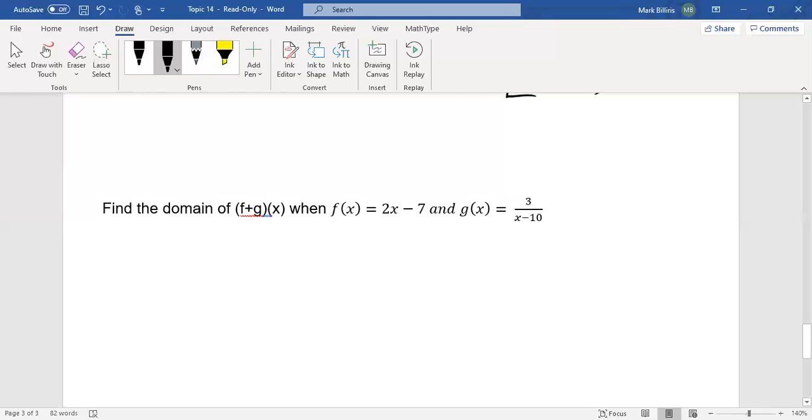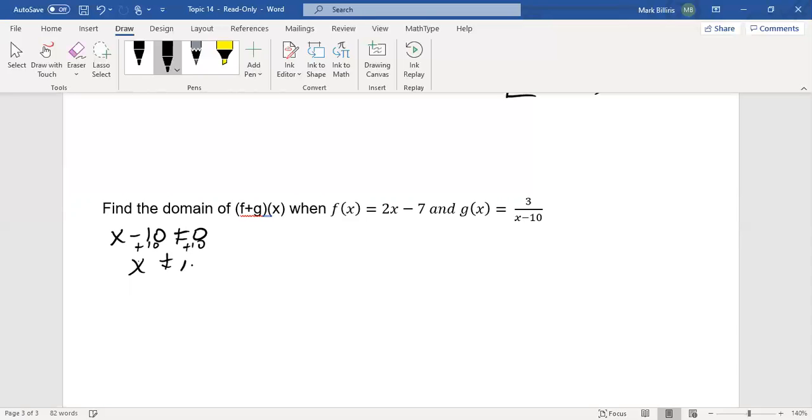So here we have a problem. Find the domain of f plus g of x when f of x equals 2x minus 7 and g of x equals 3 over x minus 10. Since we're adding, we can look at this particular problem and know that the only restriction occurs at our denominator. So we know that x minus 10 cannot equal 0. When we add 10 to both sides,